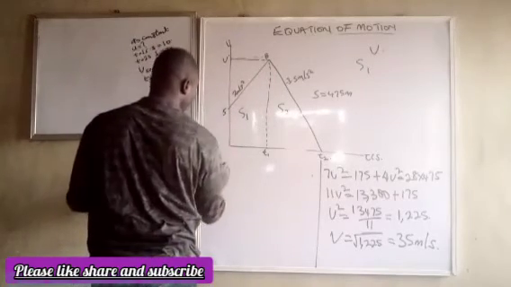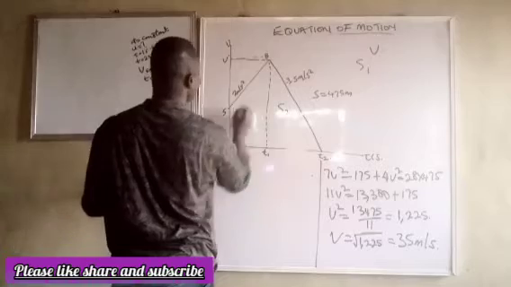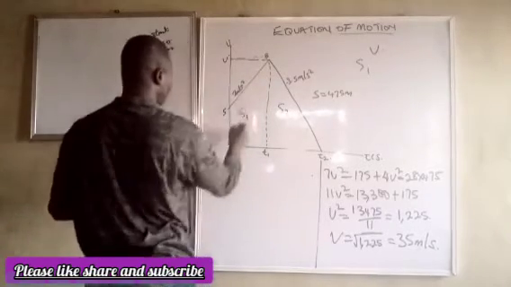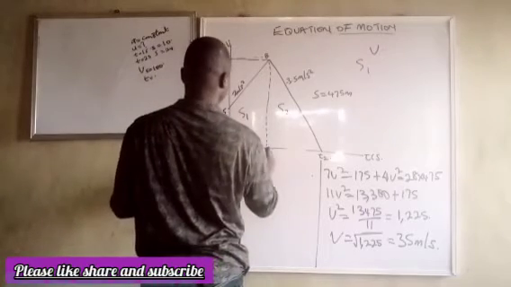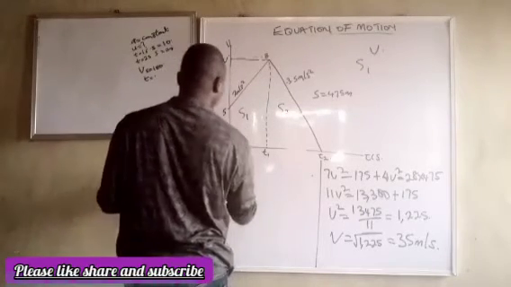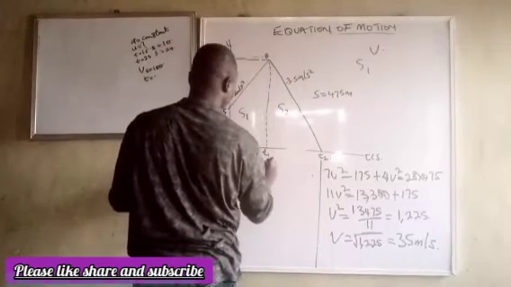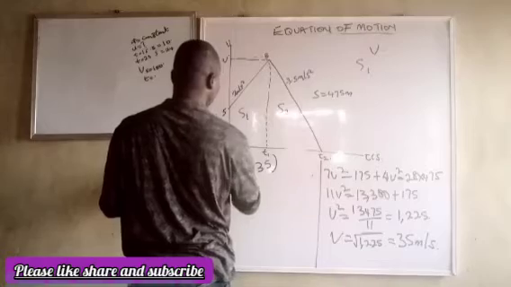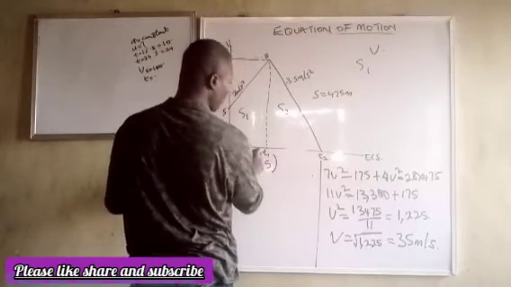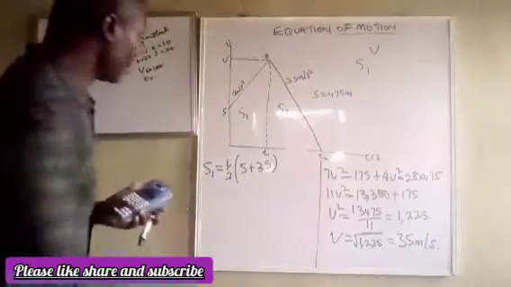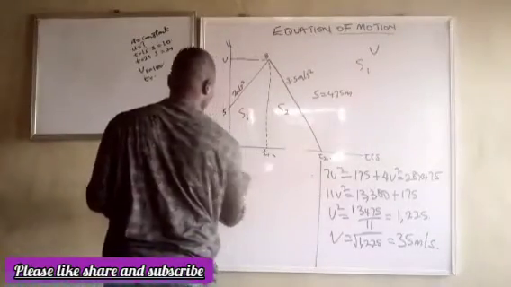So S1 is equal to half of this place, 5 plus 35 times, okay, I did not get T1. Let me use